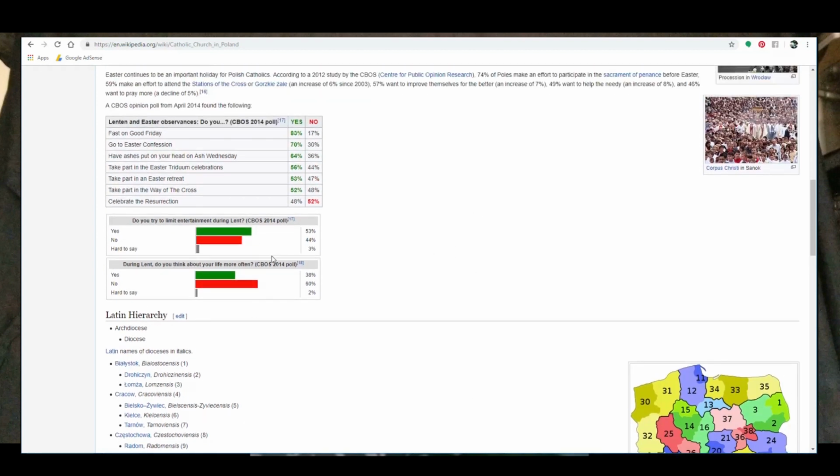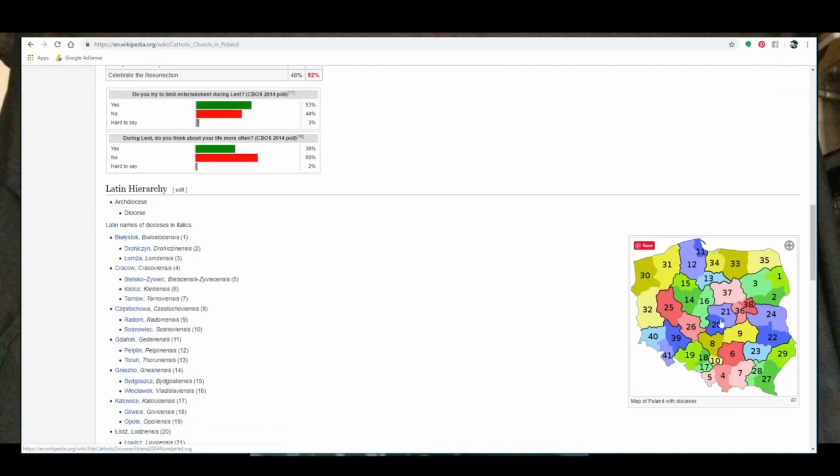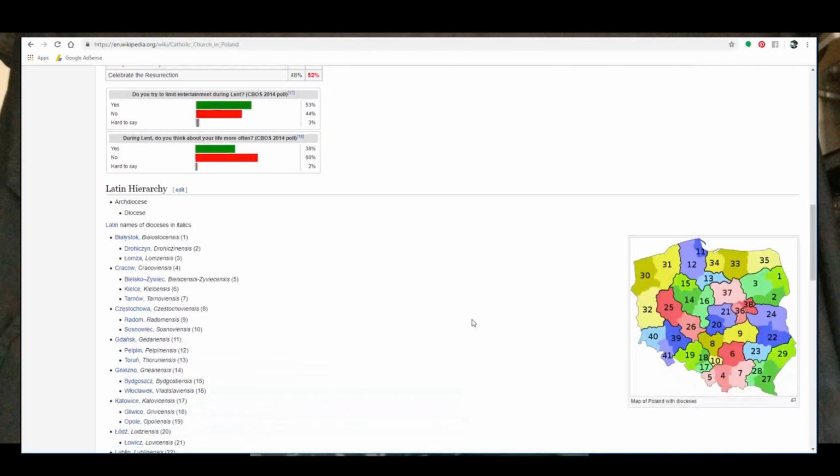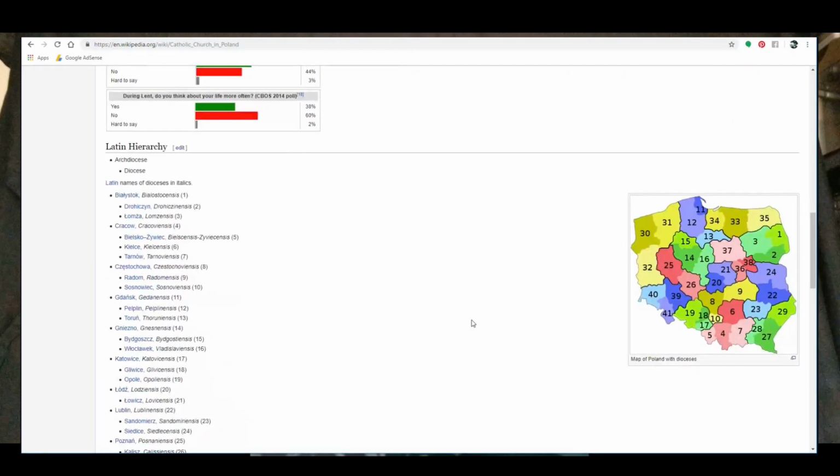this is where I'm missing information. I would like to see a map of Poland that shows which parts of Poland are more likely to have people who are more in favor of things like gay rights, abortion, marijuana legalization, and things like that. But that information is missing. I cannot find a map that shows this. But I would be willing to bet that it would be Poland A